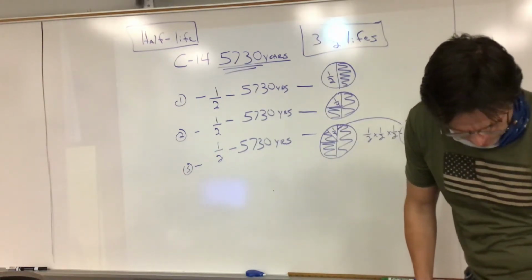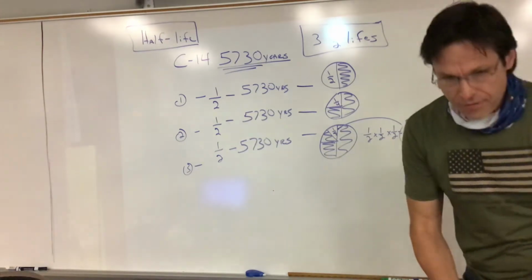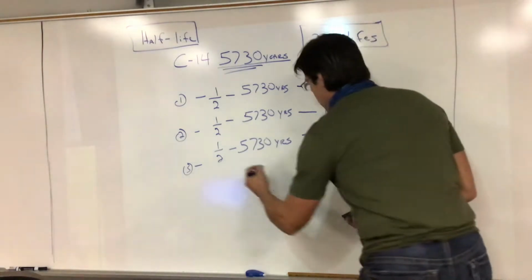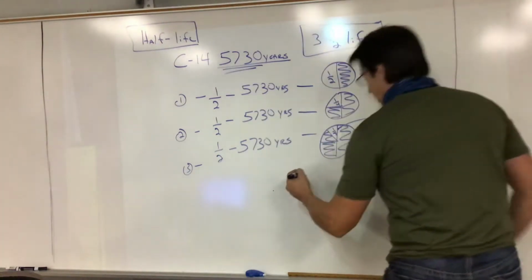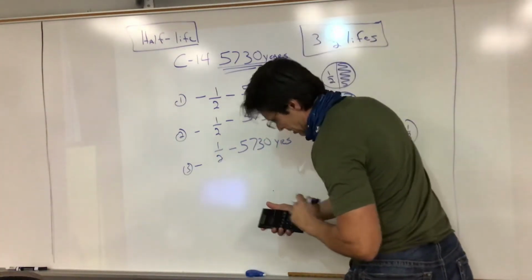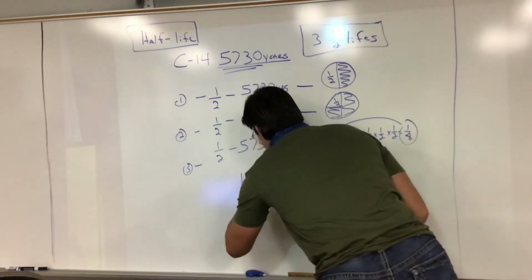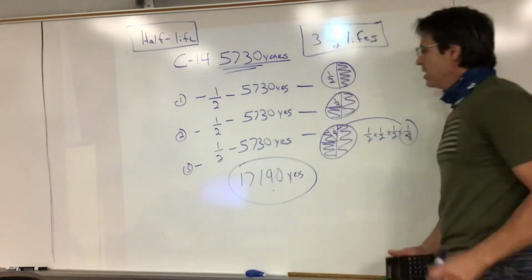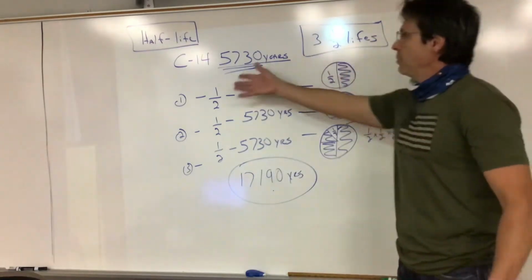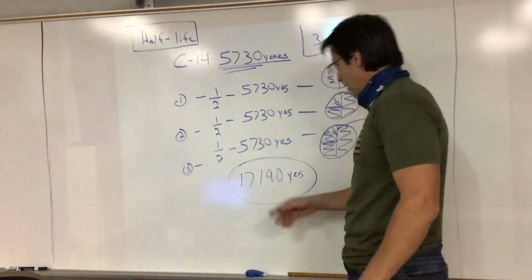5,730 times 3 equals 17,190. So if this was a true fossil, we would know that this carbon-14, if it went through 3 half-lives, was 17,190 years old, okay? That's how we knew that if this sample, whatever it might have been, went through 3 half-lives,